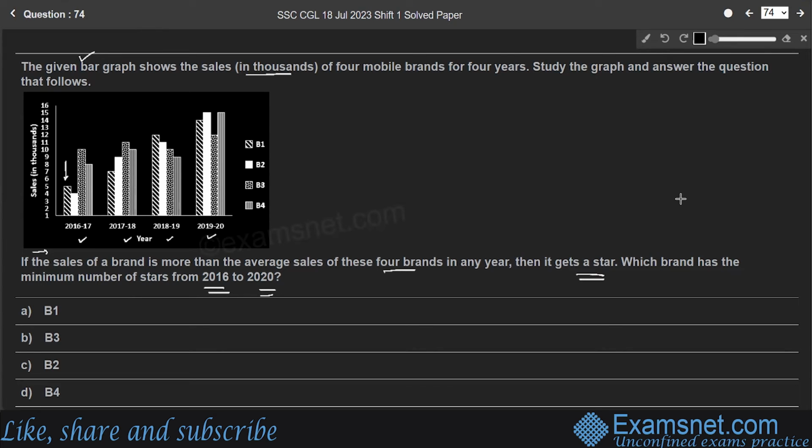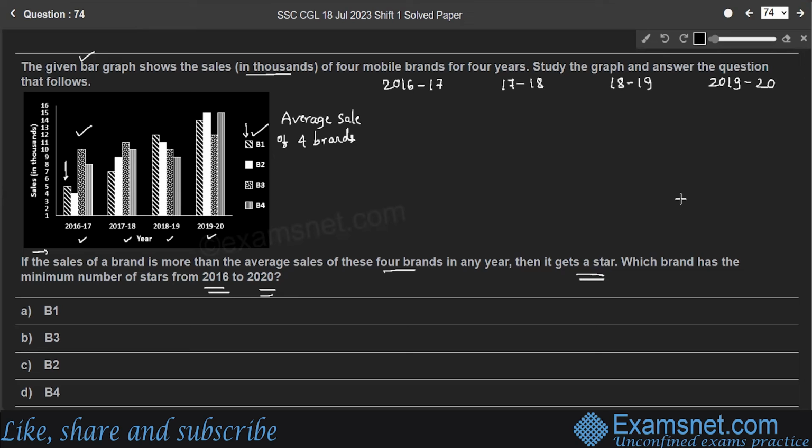So for that, let us consider the average sale of 4 brands in 4 different years, 2016-17, then 17-18, 18-19, and 2019-20. So the average sale of 4 brands. So in 2016-17, the average sale of B1 brand,